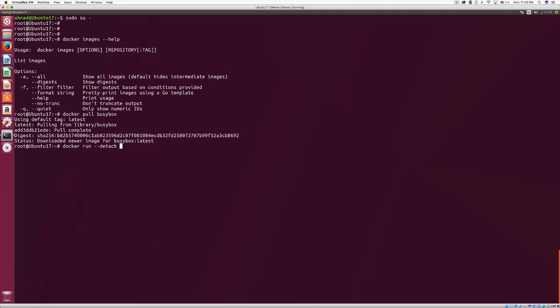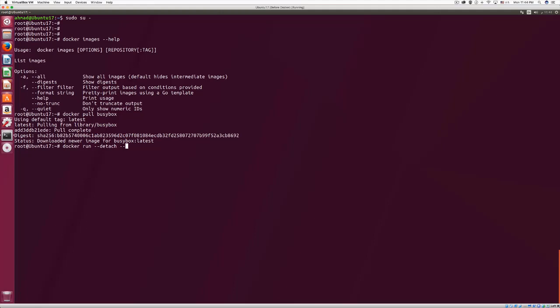So why would you want to run a container in the background, or how is a container actually run in the background? As we have just mentioned in the first lecture of this section, containers are nothing but abstracted applications. Think of a container as just an application. An application can be run in the foreground, or it can be run in the background as a service or as a daemon. So Docker deals with containers just like you deal with processes or applications. You can run the container in the background the same way you run an application in the background. So --detach will ensure that the application is run in the background, and you can regain control of the shell